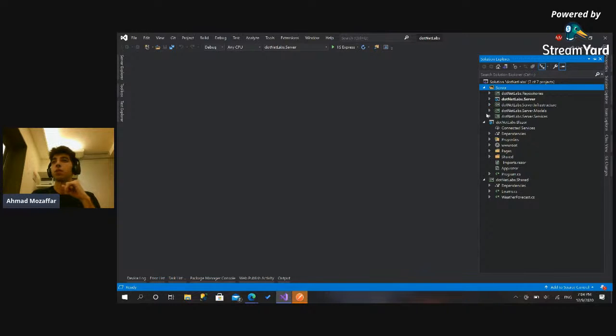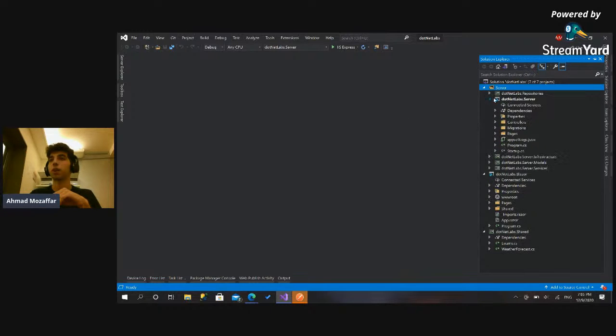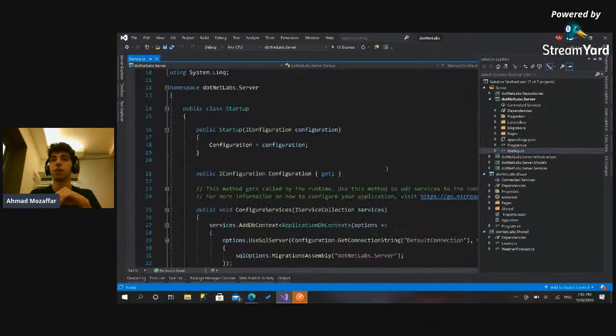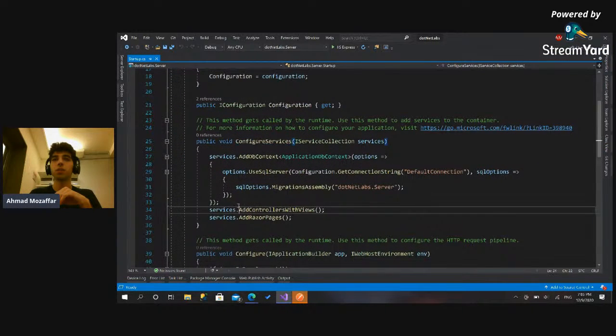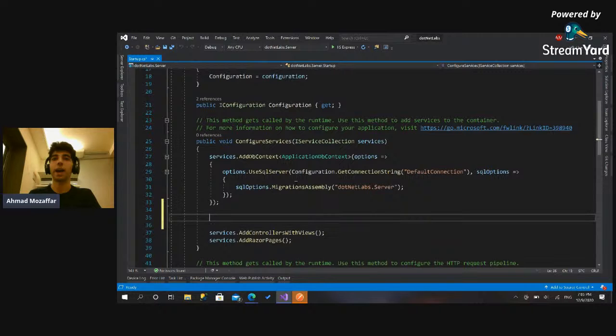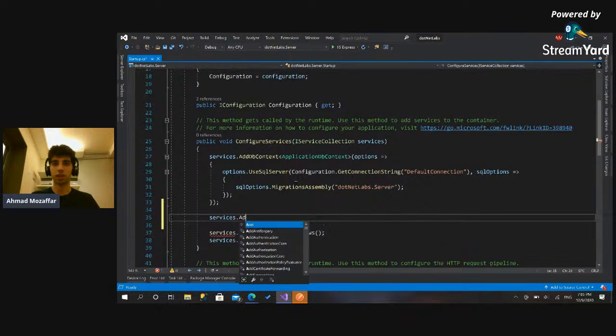To get started, the first thing I should do is go to the server and then go to the startup here. Now, in the ConfigureServices, to register all the services I need in the dependency injection, I have to register the authentication using JSON Web Tokens, and I have to register the identity. To do so, we can simply say services dot add